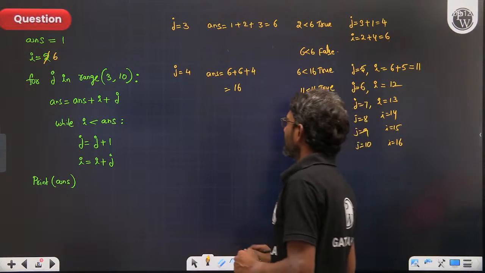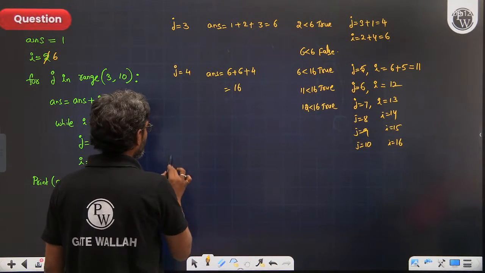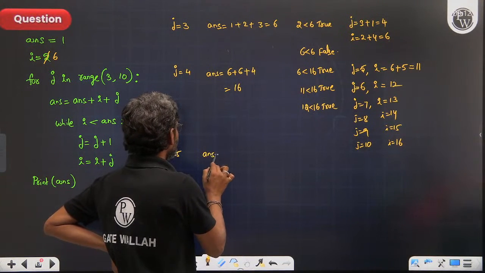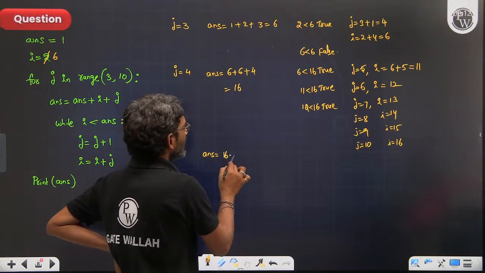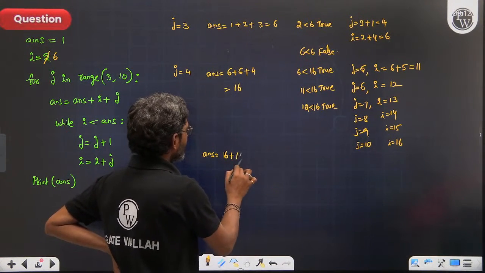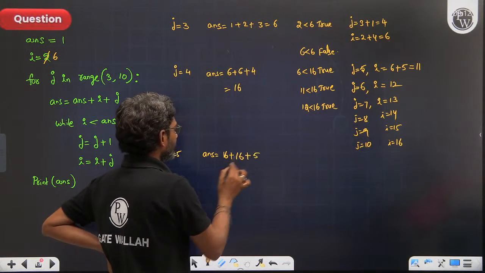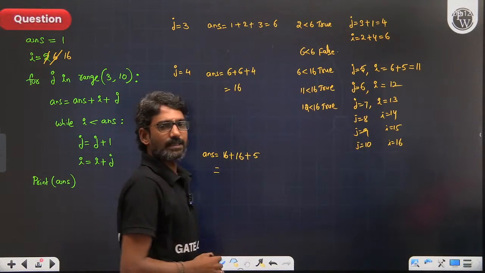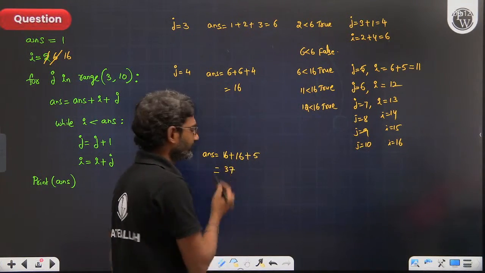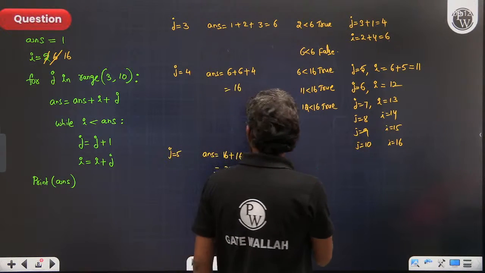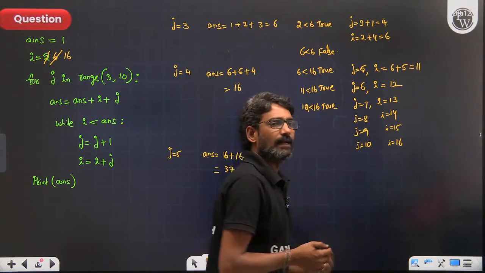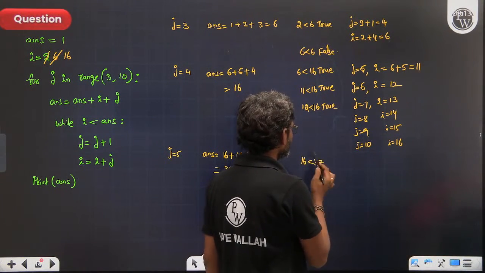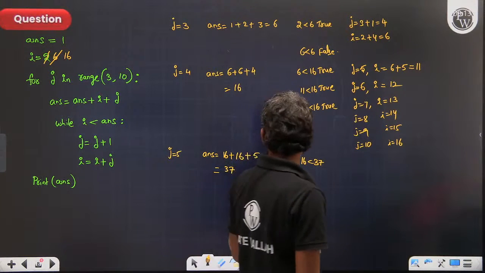Here it ends. Now j 10 से फिर 5 को असाइन होते. ANS will be ANS plus I is 16 plus j is 5. So this would be 16 plus 16, 32 plus 5, 37. Now until I less than 37, 16 less than 37, j becomes j plus